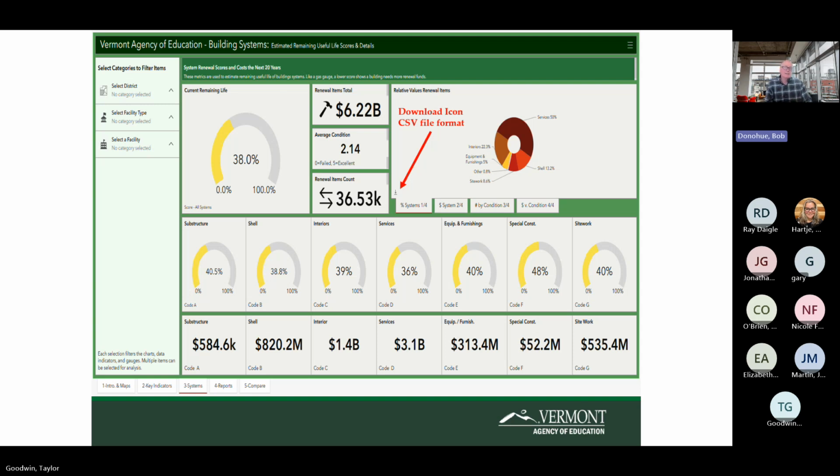But again, it's the same filtering section over there on the left. So it's always coming back to, do you want to look at it at a district level? Do you want to look at it at a facility type, all the elementary, all the middle, or the high school? Or do you want to look at an individual facility, which would be the building? And then in some cases,